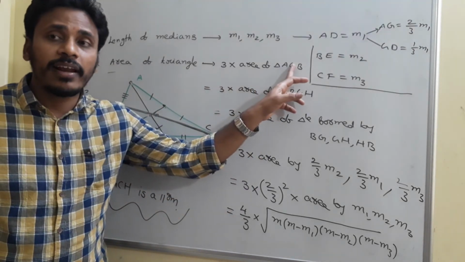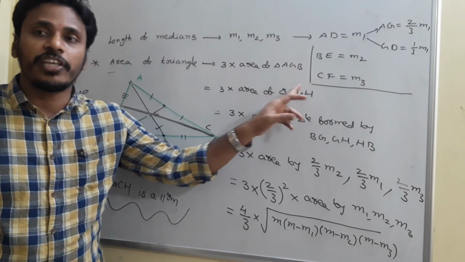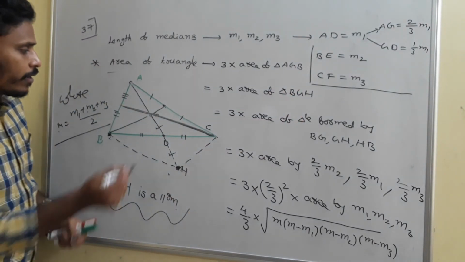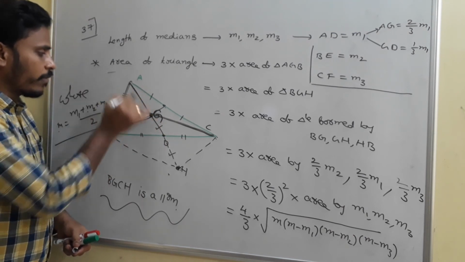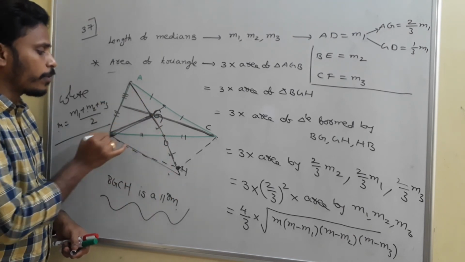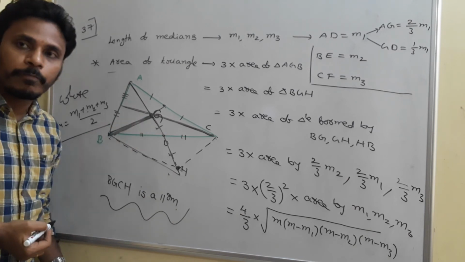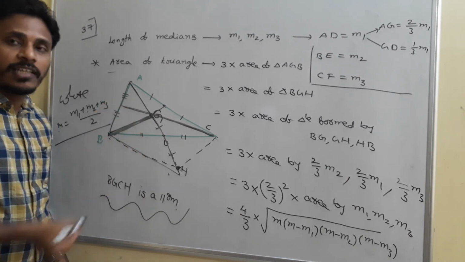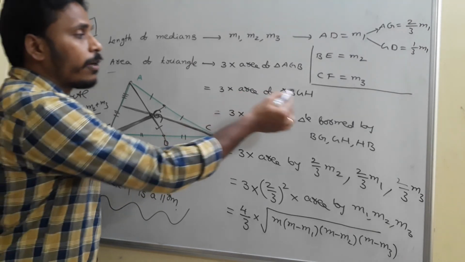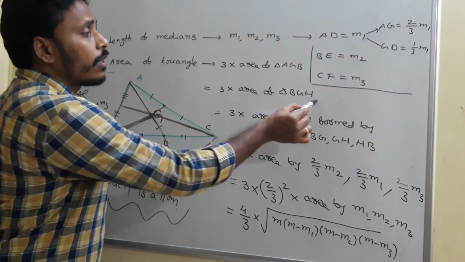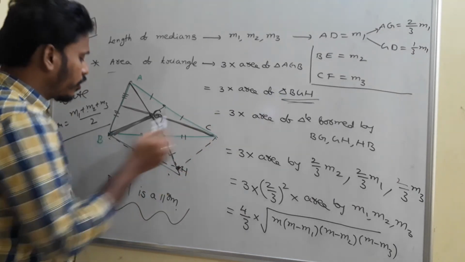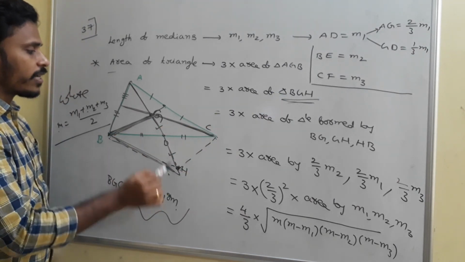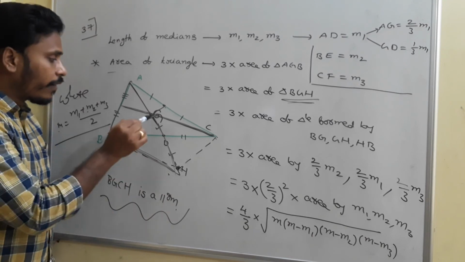And the AGB triangle area is equal to the BGH area, because just look there, this is G, okay, this AGB and this BGH have the same areas because this BG acts like a median, and since it is a median, those two parts have equal areas. So the area of triangle BGH. And the next thing is, what are the sides of BGH?